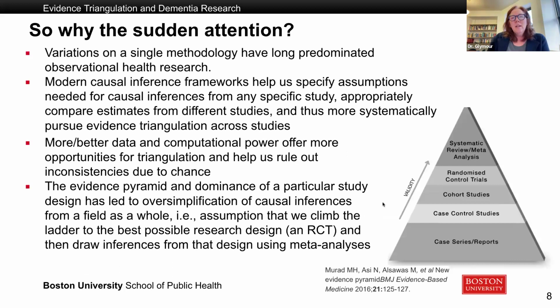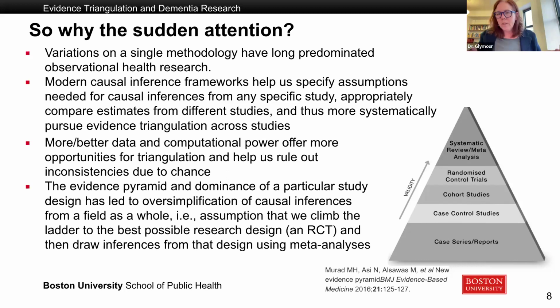I actually think this is a version of the evidence pyramid, which, when I was training, was presented fairly uncritically. And now I think we really are starting to see a lot of the limitations. So variations on a single methodology have long predominated in observational health research. People think about modern causal inference methods as being marginal structural models or IPW or something, but actually, I think one of the most valuable